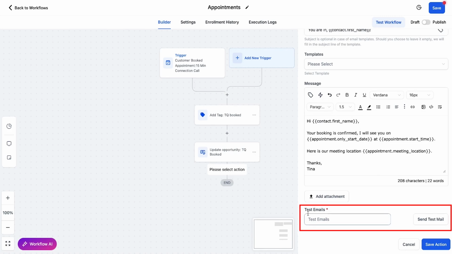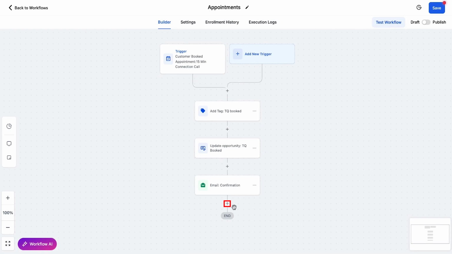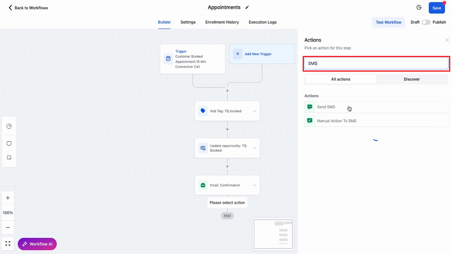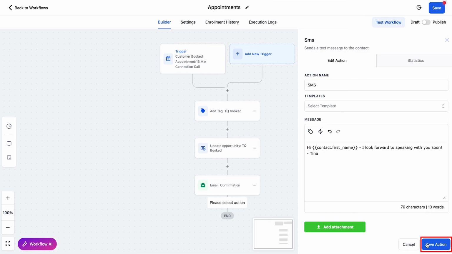Now down here, you can always send yourself a test email, add your email address right here in this box and hit send test mail. Once you're fine with everything, just hit save action. And that's it. Now you've added an email to your action flow. In order to increase your show up rate, particularly for appointment workflows, I would recommend you add an SMS to it as well. So type SMS in the search bar, add your text, pull the custom values, and hit save